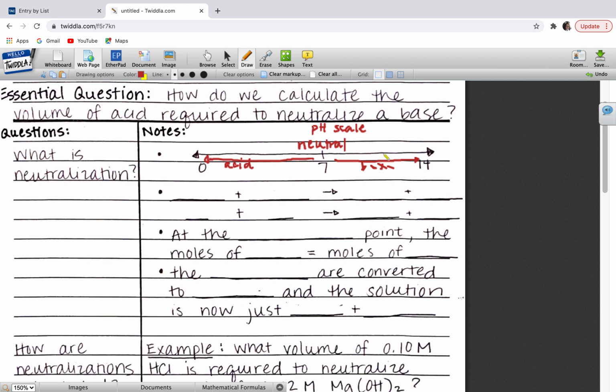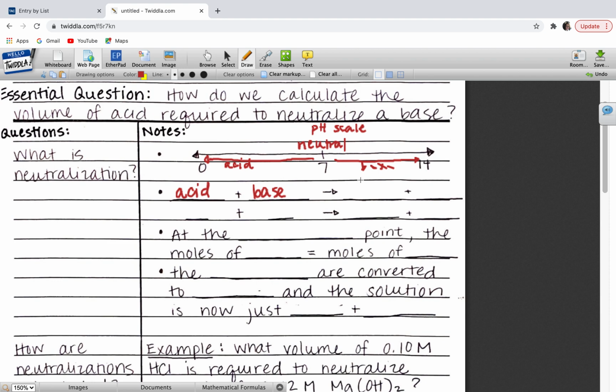So acids can be really dangerous. They can react with skin. They can react with all kinds of stuff, metals. Bases, same thing. They react in a different way, but they're also really highly reactive and dangerous. And so what we're going to do is put together an acid and a base. And the acid over here and the base over here, they're going to come together and create a neutral substance. So we are neutralizing our dangerous acid and our dangerous base by putting them together and creating